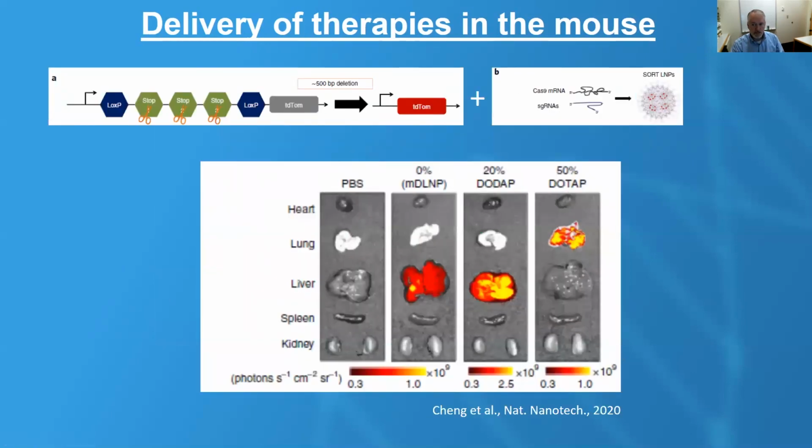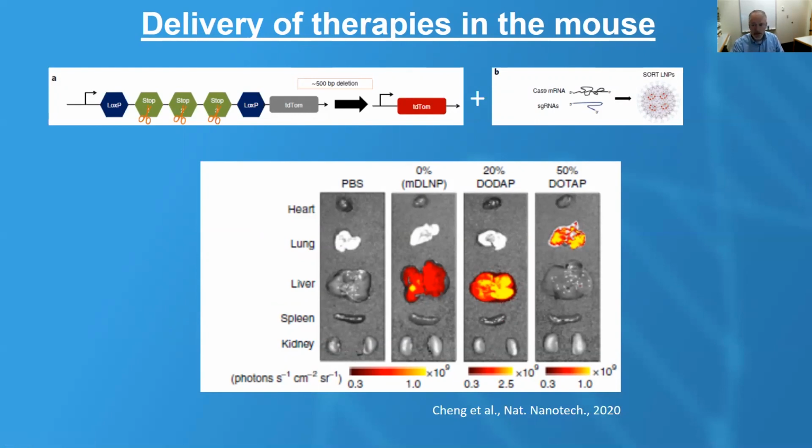They also use the system to introduce gene editing materials that are used in CRISPR-Cas to remove stop cassettes in a genetic mouse reporter model, in which the CRISPR-Cas components would remove the stop cassettes, allowing for tdTomato expression. They show that depending on the makeup of the SORT molecules they use, they could target the liver or the lung. This is an oversimplification of the work, but is a fantastic example of how the mouse can be used